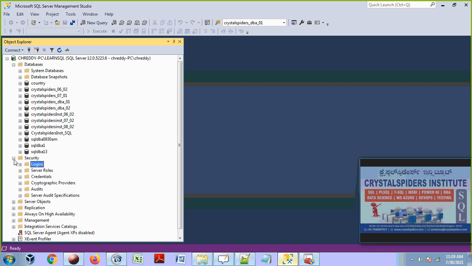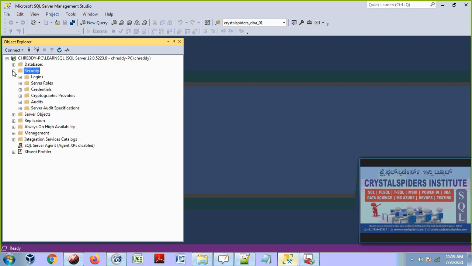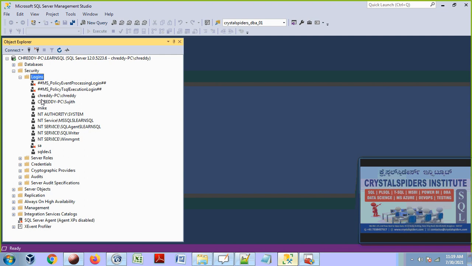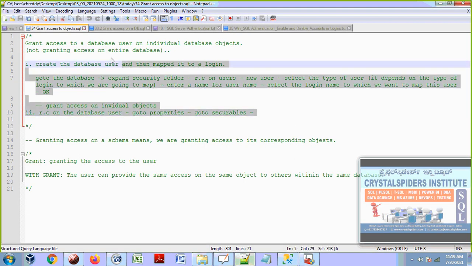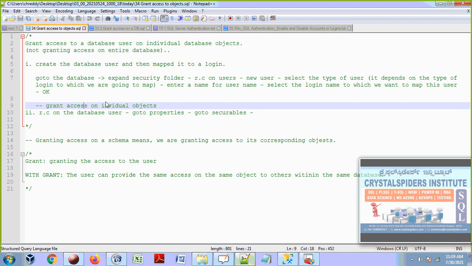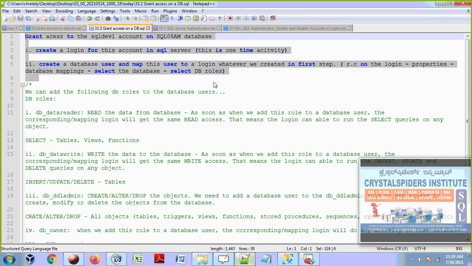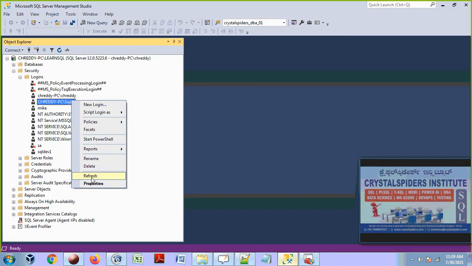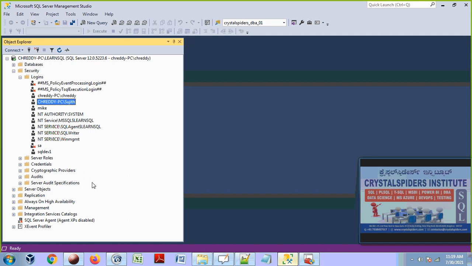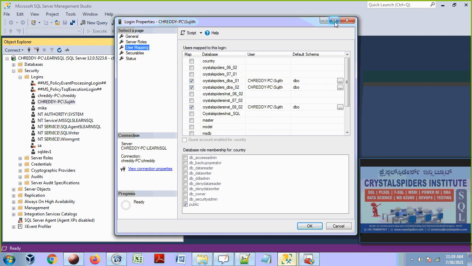We have different ways of granting access guys, and I am going to follow the same way as before. How do you follow that? Right click on Sujit, go to the properties of this login and go to the user mapping, and which database you want to grant.